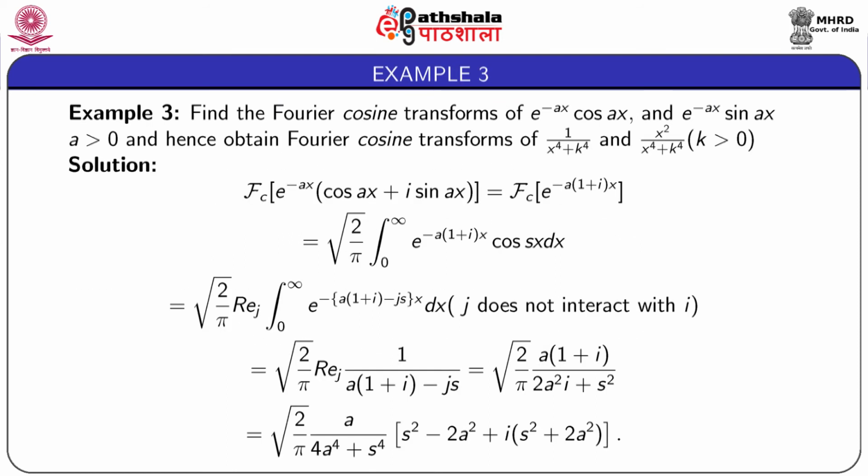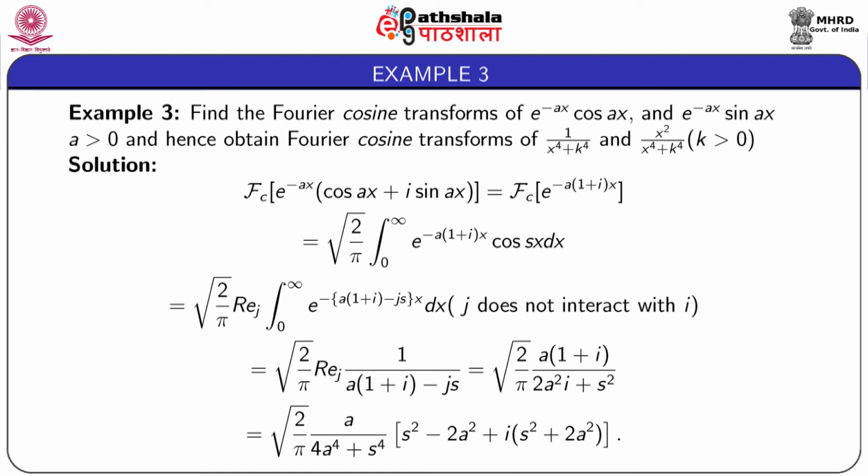Next we come to example 3. Find the Fourier cosine transform of e to the power minus ax cos ax and e to the power minus ax sin ax, where a is positive, and hence obtain the Fourier cosine transform of the function 1 by x to the power 4 plus k to the power 4 and x square divided by x to the power 4 plus k to the power 4, where k is positive. To solve this,